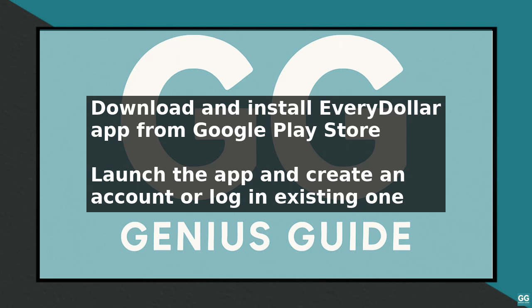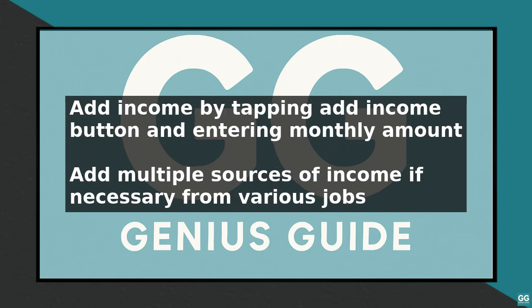The first step is to add your income by tapping on the Add Income button and entering the amount you earn each month. You can also add multiple sources of income if you have more than one job or receive income from other sources. Next, you need to add your expenses by tapping on the Add Expense button and selecting